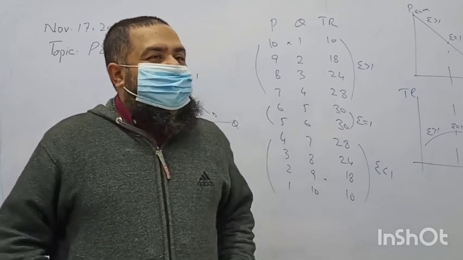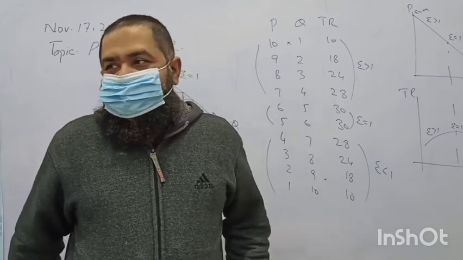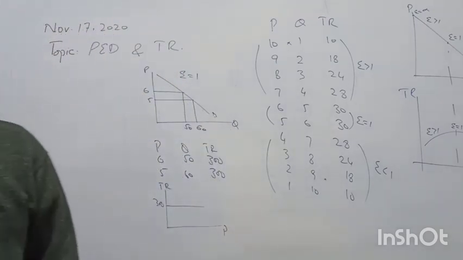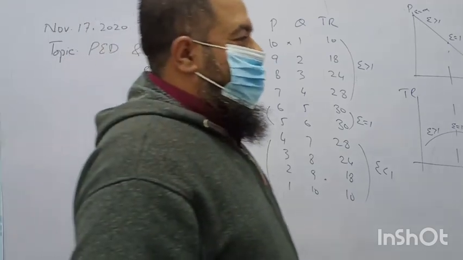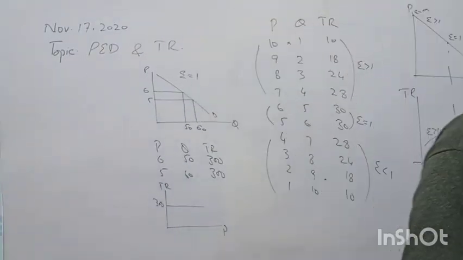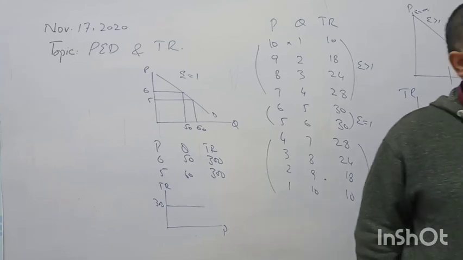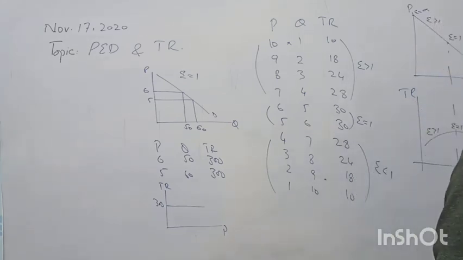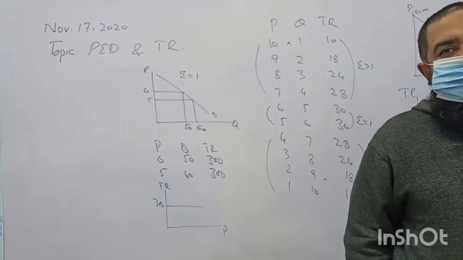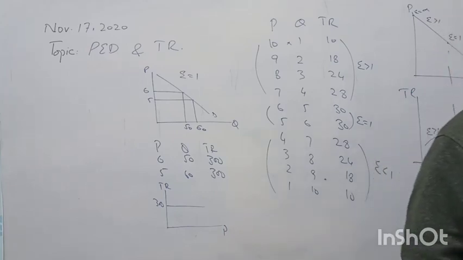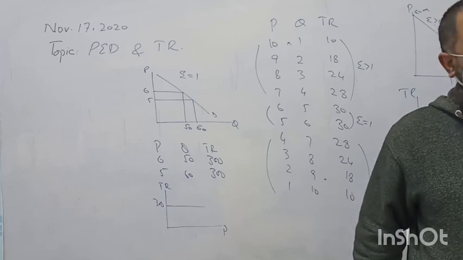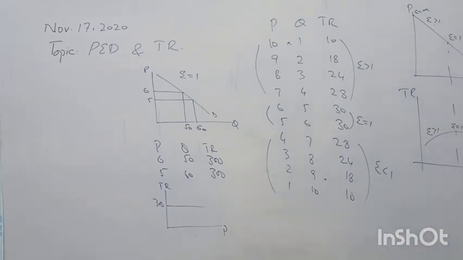Alright, that's all for price elasticity of demand. I think I took more time today as compared to previous lessons. That's because tomorrow we will be having an off day. So I completed the price elasticity of demand, and in our next class I will be doing cross elasticity and income elasticities of demand. The two elasticities of demand will be left over, and I think I will be able to complete this chapter on Monday or Tuesday, coming Monday or Tuesday. Okay, thank you.